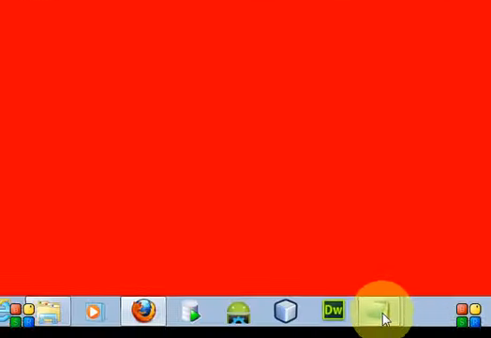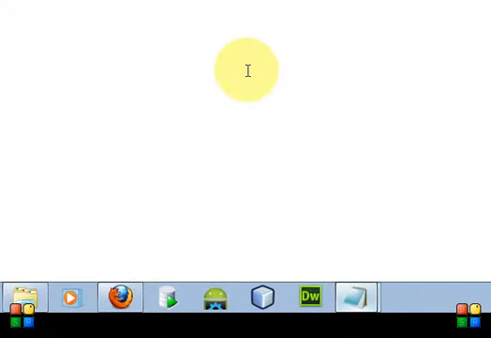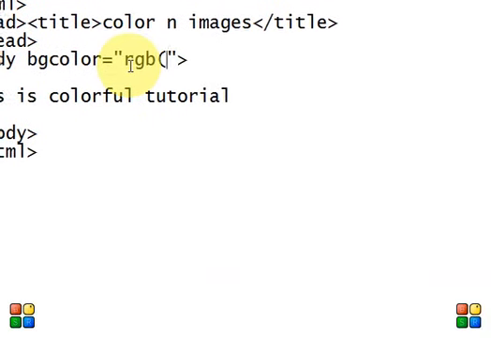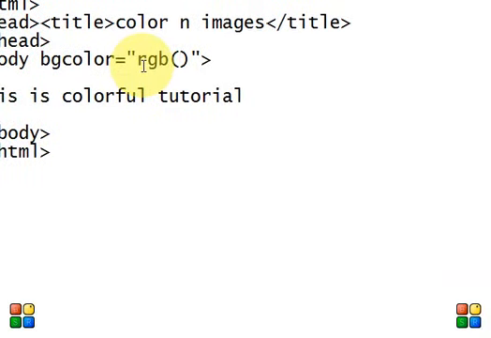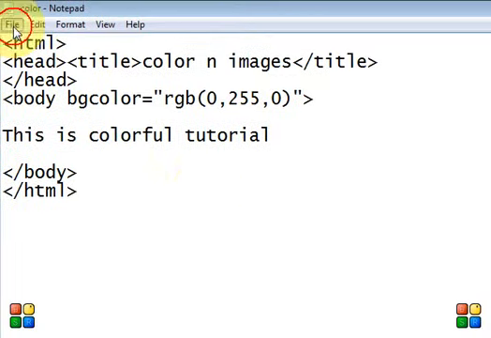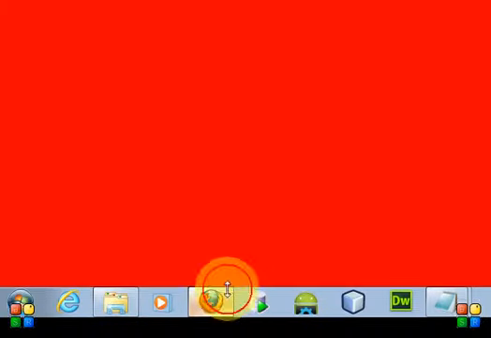The next technique to write the color is to simply write RGB and the values of the color. When you put 0, it will not include that color. If we put 255 in G, it will be a green color. Save the file, go to the browser, press F5. Now it's blue.